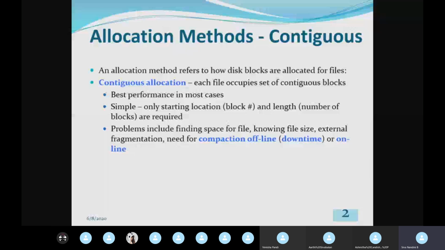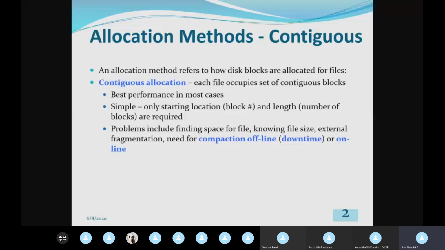In contiguous allocation, we allocate a file only if continuous blocks are available. Suppose a new file requires 3 blocks. The 3 blocks are available in the disk, but they are scattered somewhere, not continuous. But using this contiguous allocation, we go for continuous logical blocks, so this new file can't be allocated within the disk storage. Like this, there is some performance degradation also in some cases.